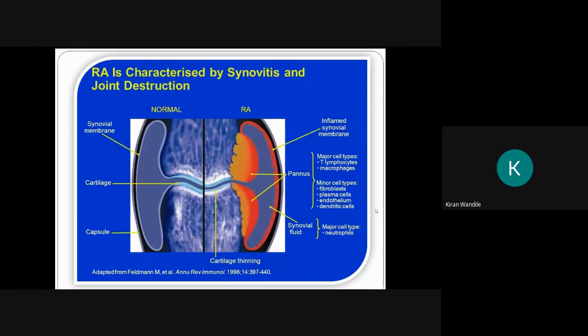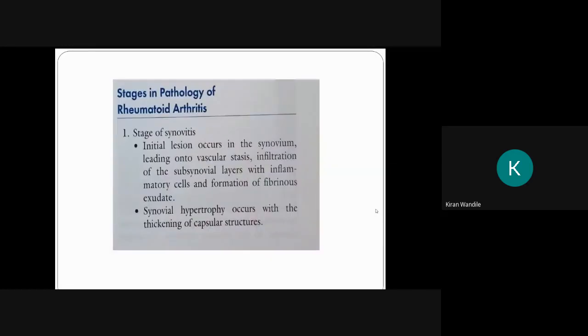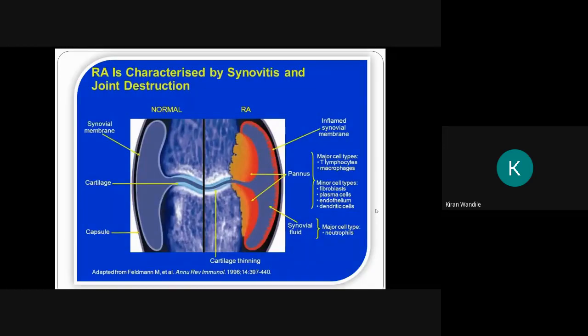How does this rheumatoid arthritis occur? When the genetically predisposed individual is exposed to certain infectious agents. So it is assumed that a genetically predisposed individual is exposed to some infectious agent like Mycoplasma, Clostridium, Epstein-Barr virus. There is a formation of immune complexes, and these immune complexes are responsible for the destruction, and these immune complexes are shown in this figure.